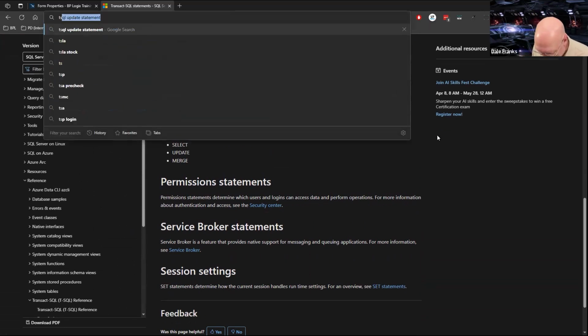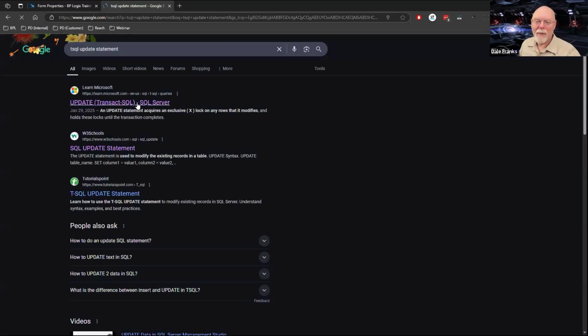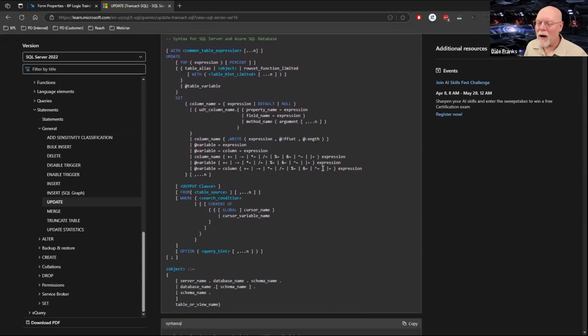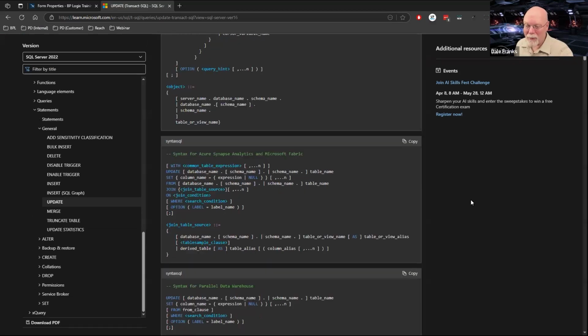Let's just go with T SQL update statement. There we go. Update, Transact-SQL Server. Okay, fine. We're going to go to Microsoft and learn how to write this little update statement that I need to learn because I need some sort of refresher. So let's see how to, oh no. This is their sample update statement. That's not helpful if you're not a SQL professional.